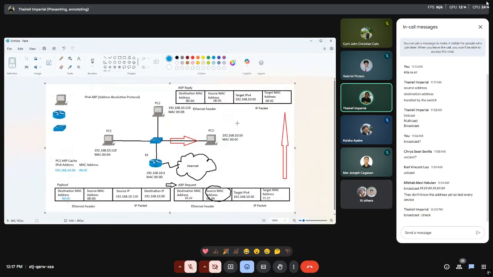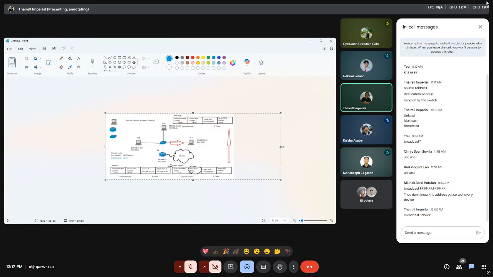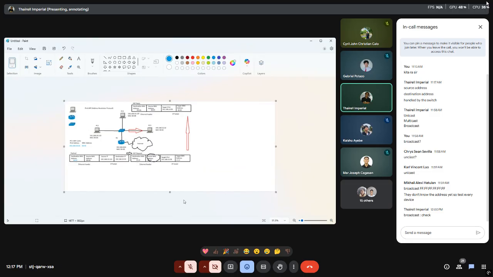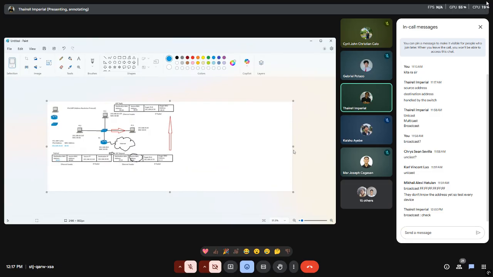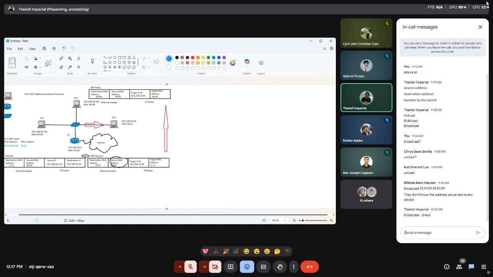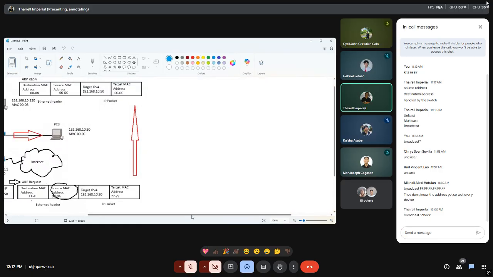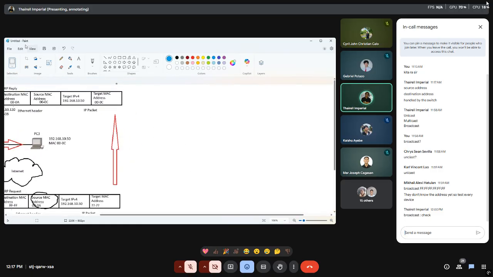I don't know why I enlarged that. Okay. ICMPv6. So this will have a different name.